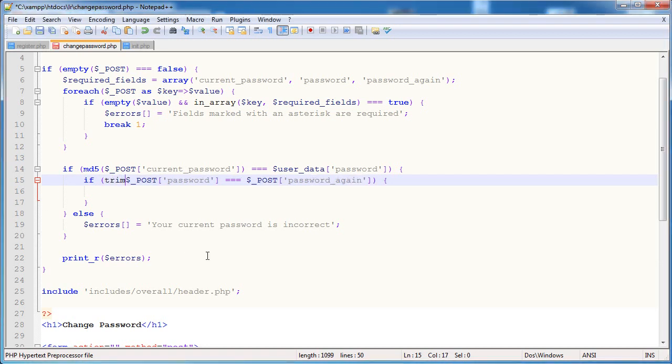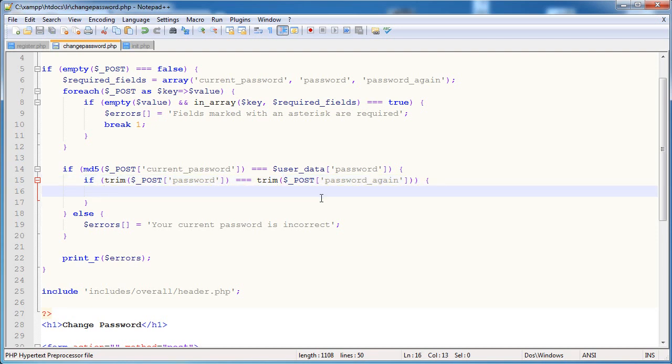So I'm going to say if trim password is equal to trim password, and what trim does is it just removes white space from the left and the right hand side. We do have ltrim and rtrim, but I'm just going to be using trim. So if the trimmed password, i.e. a password with any extra white space on the left or right hand side, is equal to the password again, or is not equal to the password again,